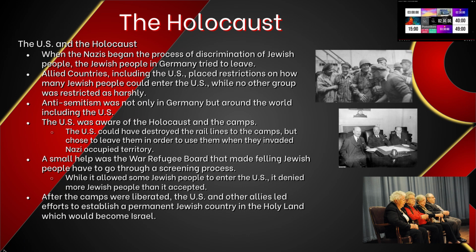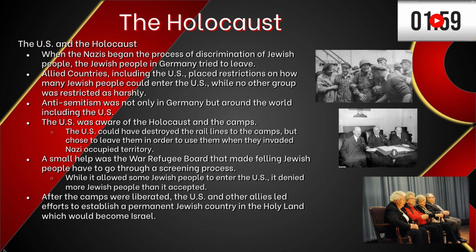Okay, so generally, what we're really here this year to try and figure out about the Holocaust is the United States' role. You should have, in your previous year, gone over the different elements of the Holocaust. The big question that's always asked when most students learn about the Holocaust is, why didn't anyone do anything to try and prevent this? And the United States plays a role in that.